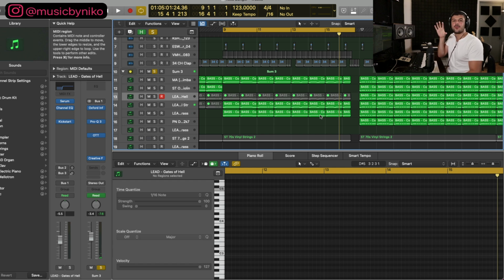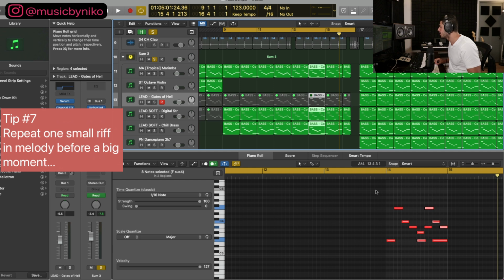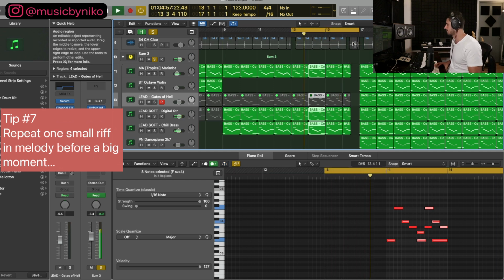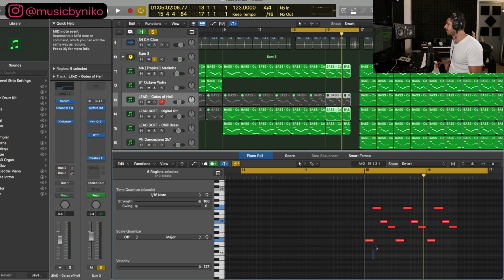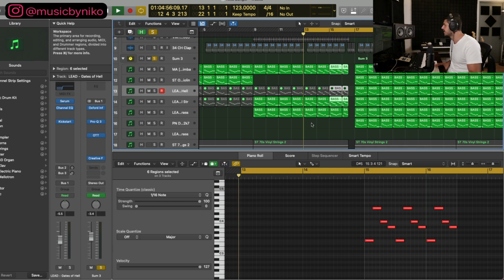Now, another thing to keep in mind in our build section here is what I'm doing with the melody. As we get more and more tense, I'm kind of repeating it, but I've taken this one riff right here, like the do do do do do do do right here. And I guess I forgot to change one of them, but if you look right here, I just keep repeating the same thing, right as we're about to go into our drop, because that builds the tension, and then it allows for the melody to really just play through the full thing. So if you listen,